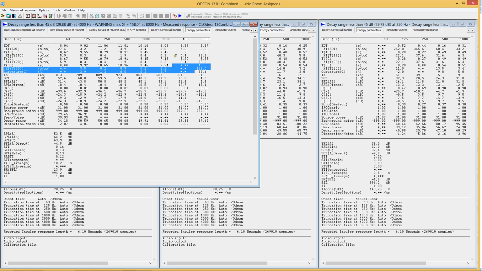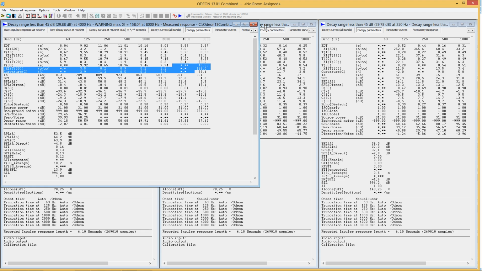But we can obtain T20 and T15 and EDT and so on. And indeed, if we're using the original suggestion by ODEON, which included this bump or notch on the decay curve and squared impulse response, then we would get a far too long reverberation time.